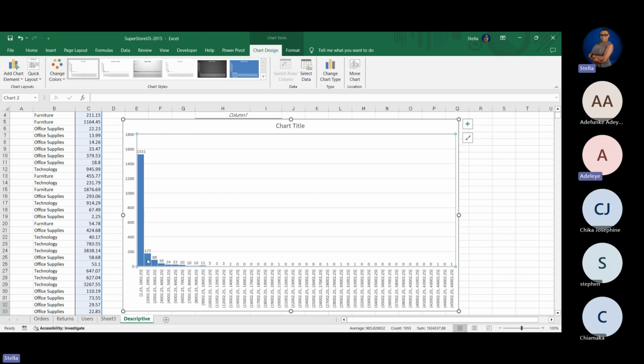Then the next 1000, from 1000 to 2000, 2000 to 3000, 3000 to 4000. So we've divided them. Now we have 11 data points from 9000 to 10,000. We have 3 data points from 12,000 to, so you see. Now imagine if we